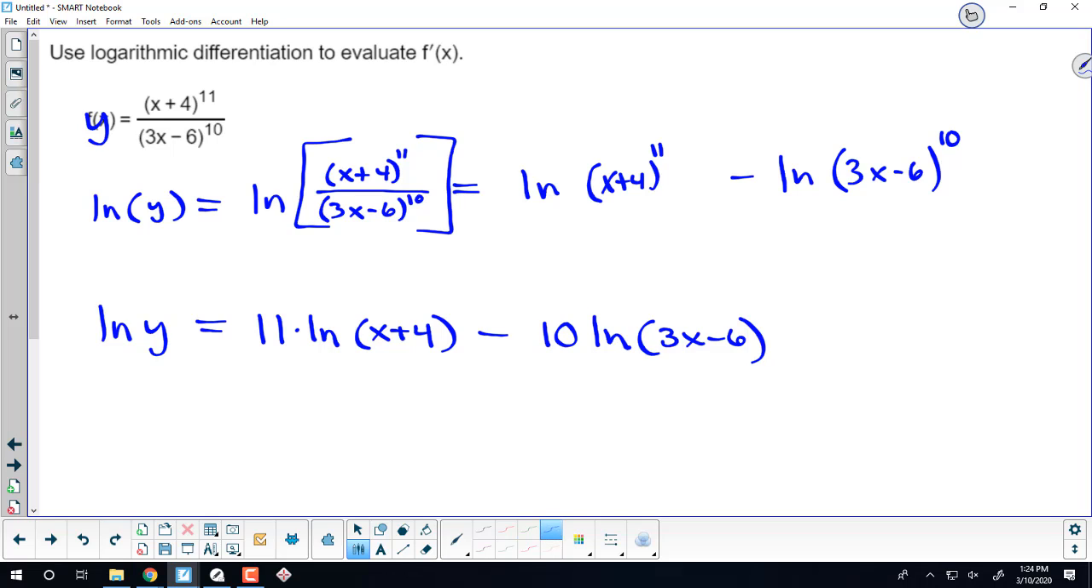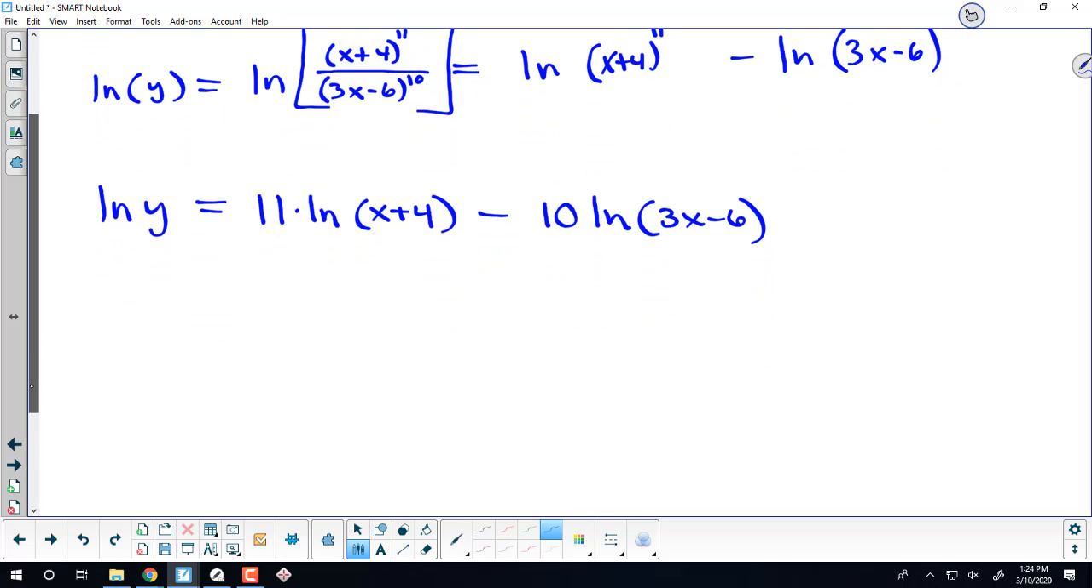Okay, so once you've simplified completely, then that's when you take the derivative of both sides. Okay. So now we have y prime over y is equal to 11 over x plus 4. Remember, the derivative of the natural log of x plus 4 is 1 over x plus 4 times the derivative of x plus 4, which is 1,